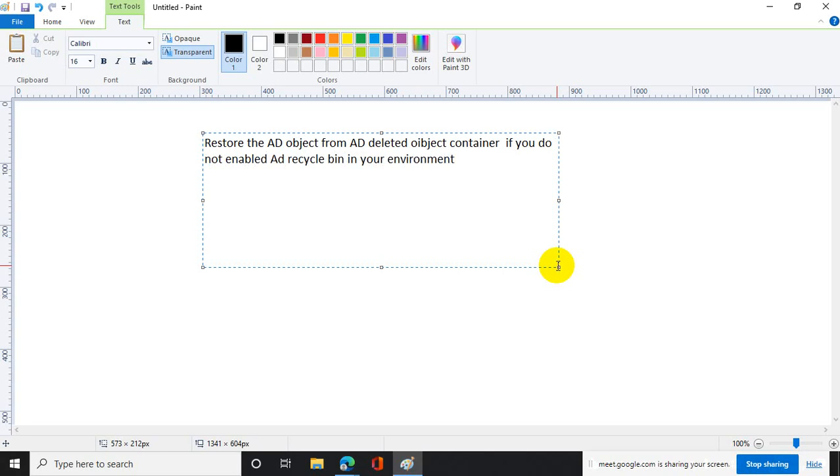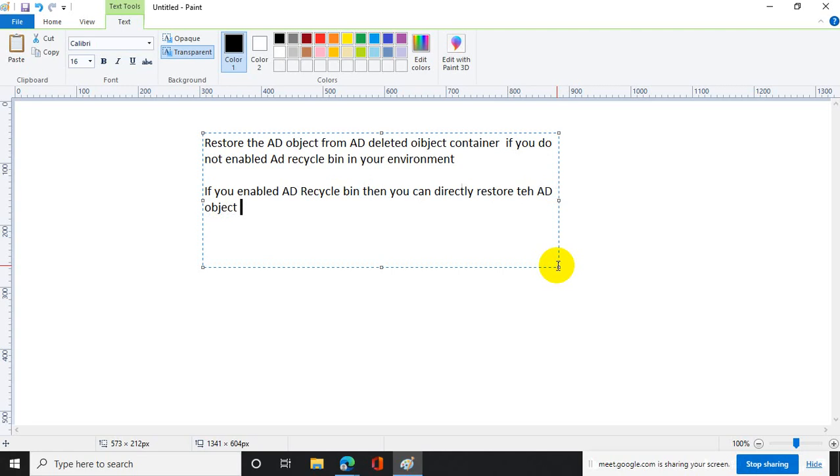Got it? Clear? Second case, if you enabled AD recycle bin, then you can directly restore the AD object. You got my point? Okay.